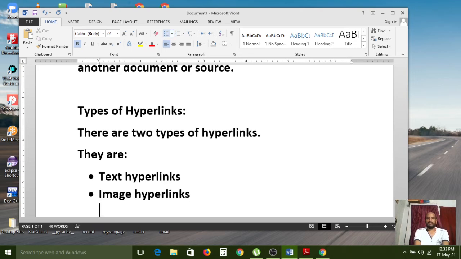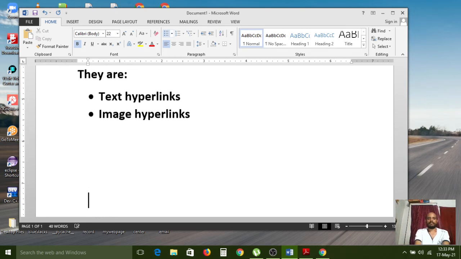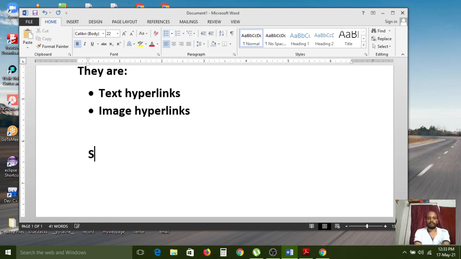So first, what is the syntax of hyperlinks? Syntax of hyperlinks: the anchor tag, a, we can use. Anchor opening tag, text content. So this is the syntax of creation of a link. Okay.